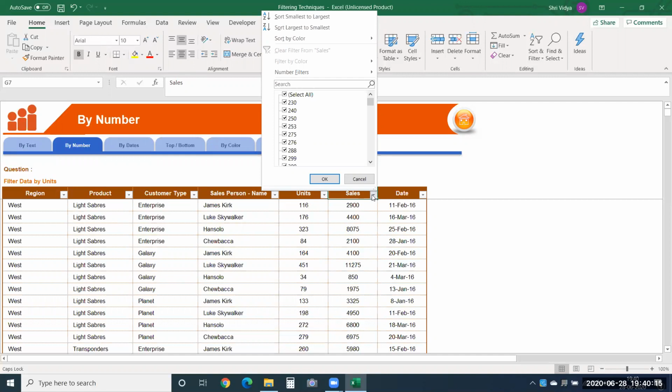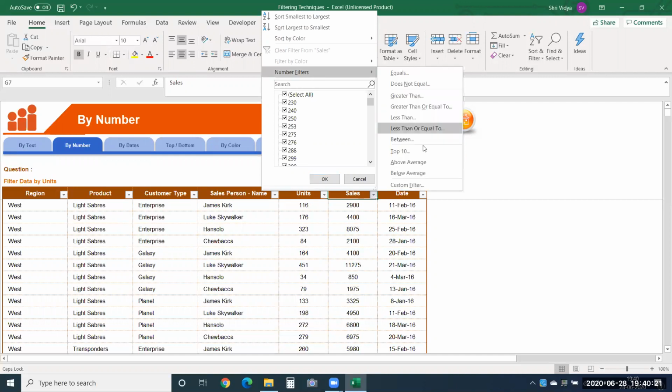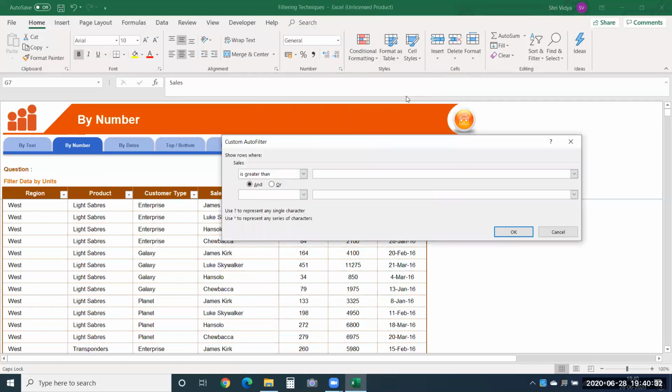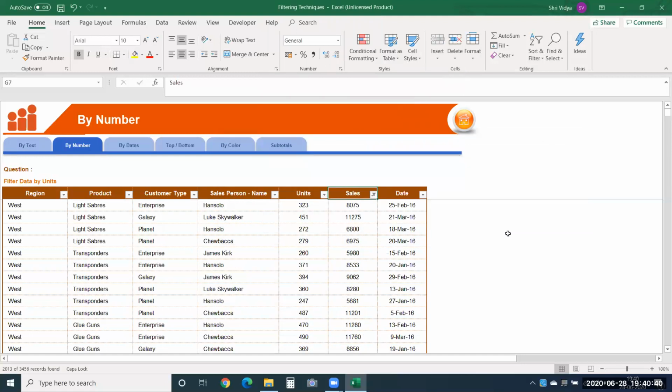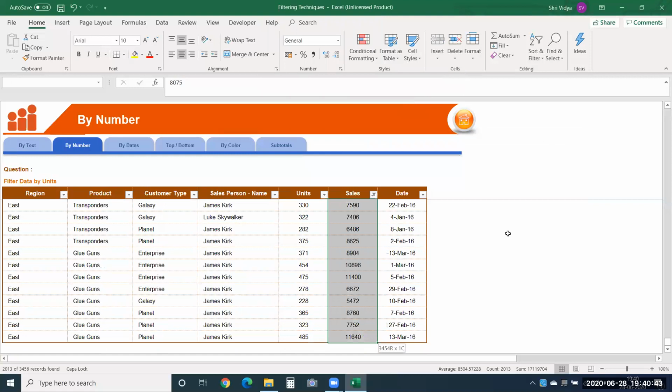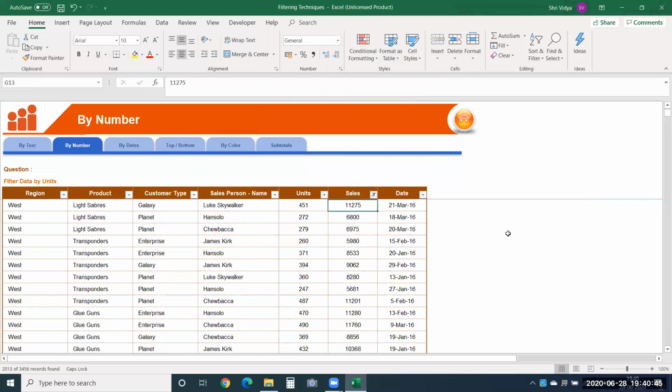We usually don't specify equal to a specific number here. And you have got all that over here. We'll see one by one. So equals, does not equal, you know already. It's the same for numbers also. I'll say greater than. So any number that is greater than 5,000, all those numbers have to be filtered from. You can see it has filtered all values that is greater than 5,000 over here.